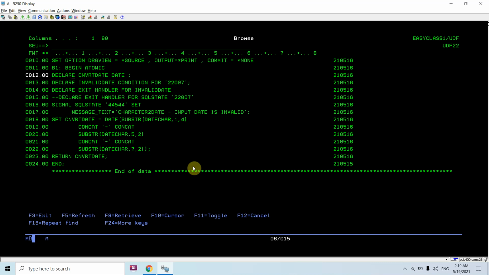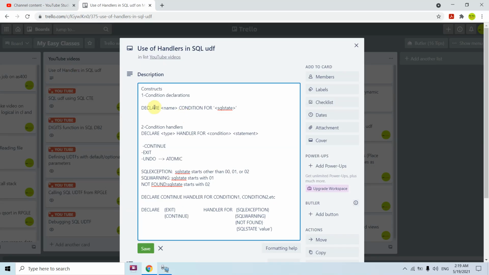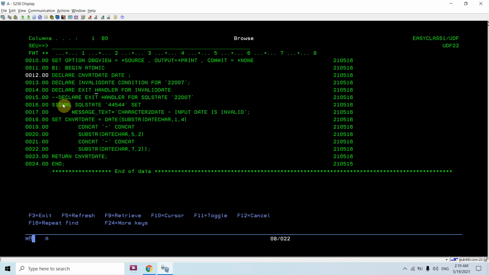Whatever changes they have made will be rolled back automatically if we define our body as a begin atomic. Now here you can see I defined a convert date of date type after that.